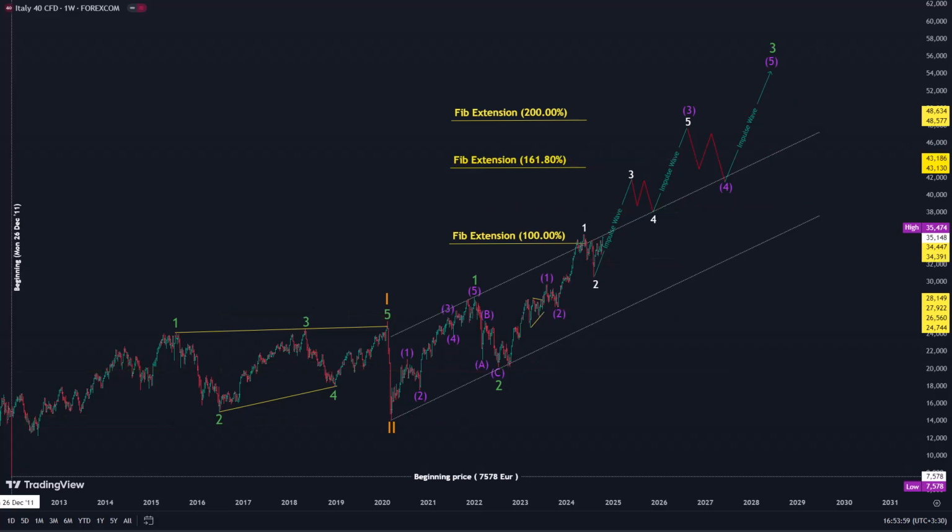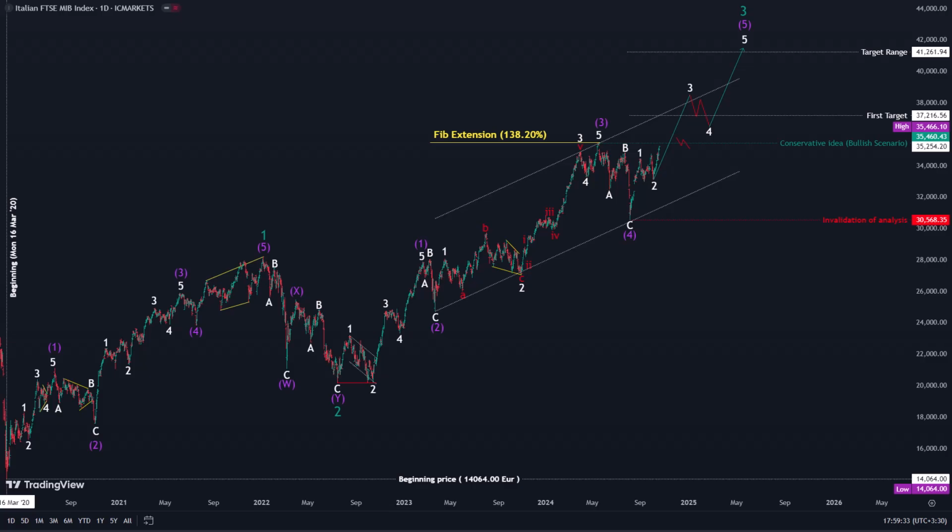I have labeled the extensions within the third wave on a larger scale, and this scenario appears plausible. This possibility arises from changes in the wave count necessary for completing the third wave, which is likely to create an extension within itself. According to established guidelines, this includes the identification of 1 and 2 and 1 and 2 patterns.